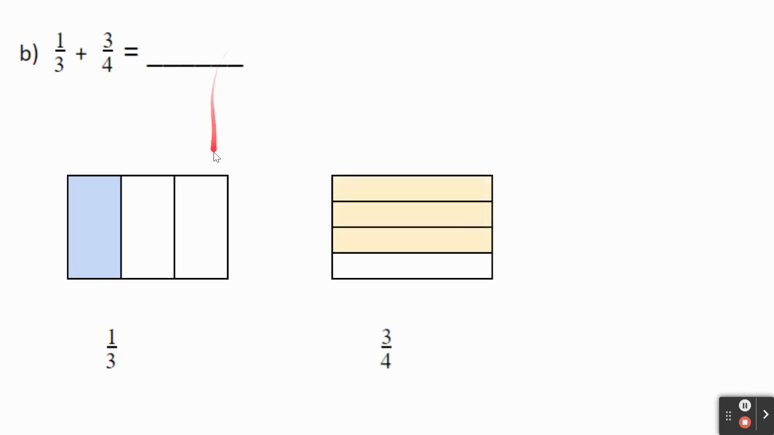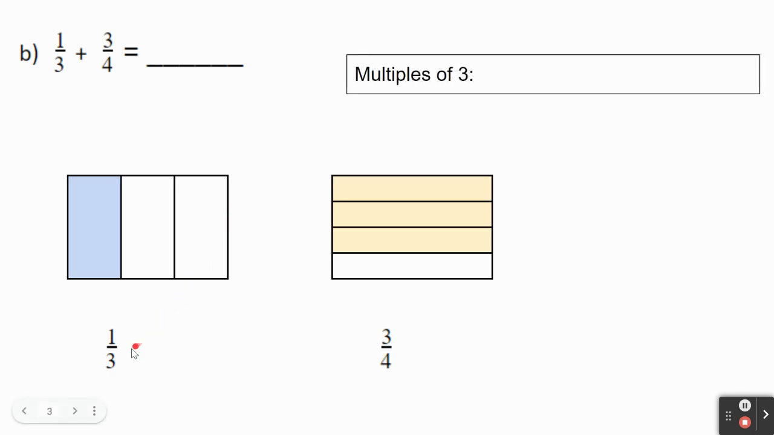If we look, we can see that the sizes of each part are not the same. In order to add and subtract fractions, we need to make sure that the parts are the same sizes. So we're going to create equivalent fractions. To do this, we can list out our multiples of our denominators to find a common multiple or a common